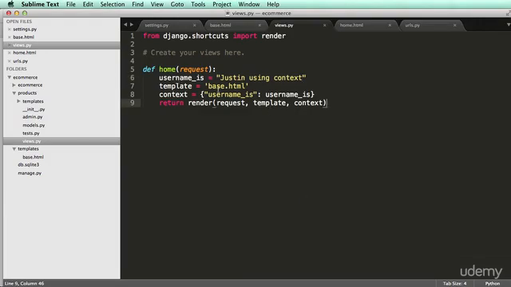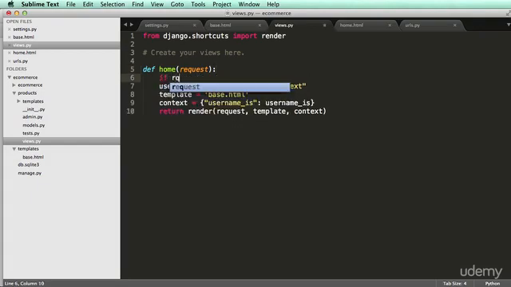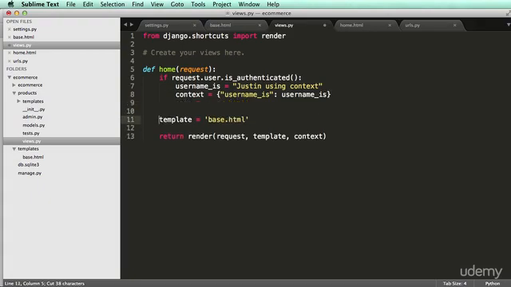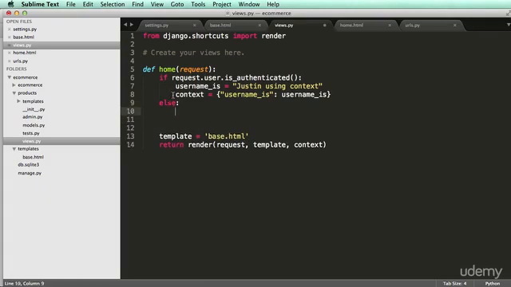There's a lot more stuff that we'll do with context, but it's a good idea to just kind of know something about it. Now, one thing we could kind of already jump into is do if request.user.is_authenticated, we are going to say that the context is this. I'm just going to leave the template down here. And then if they're not authenticated, we'll say else, we'll say the context username is